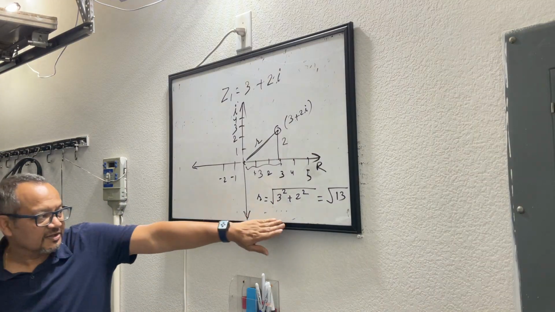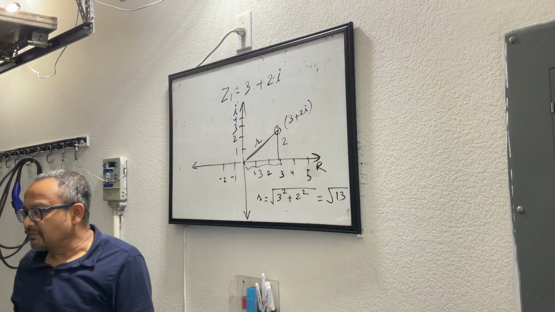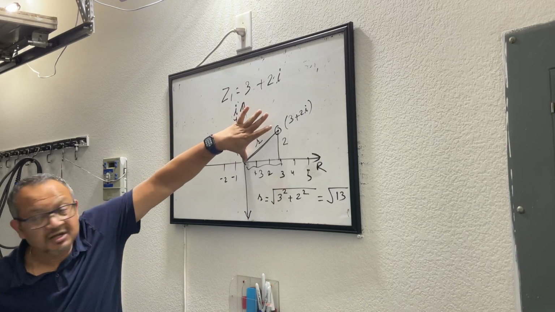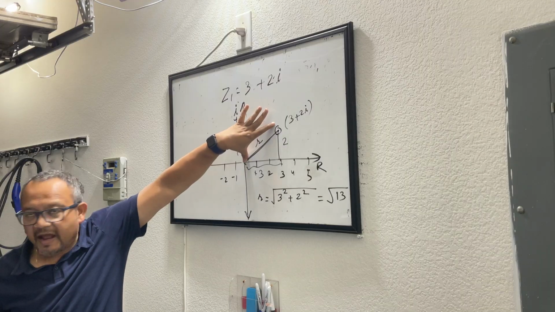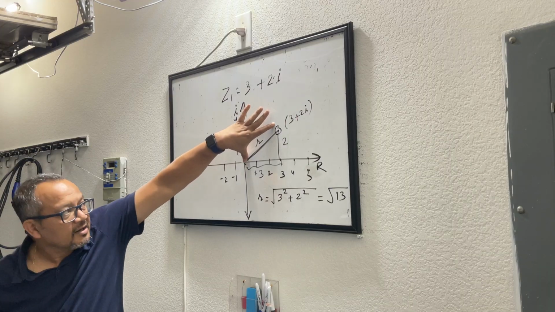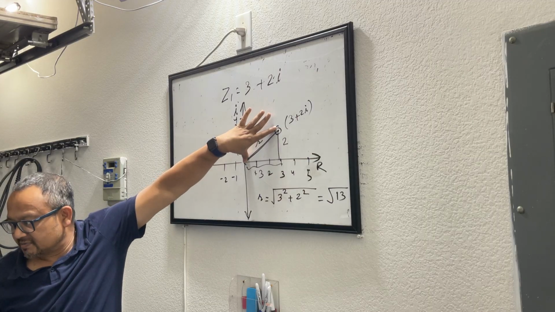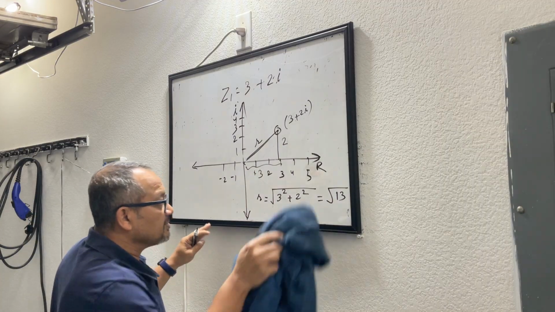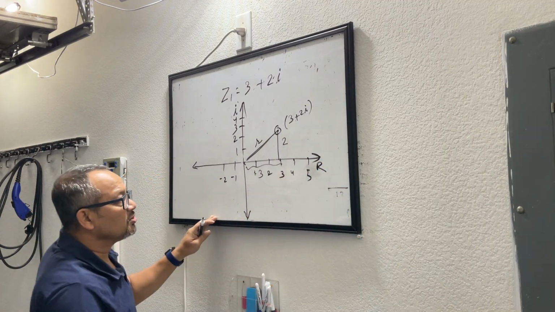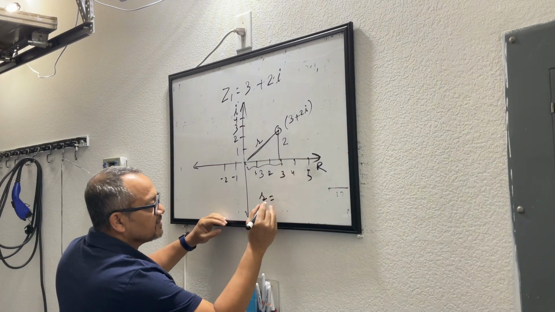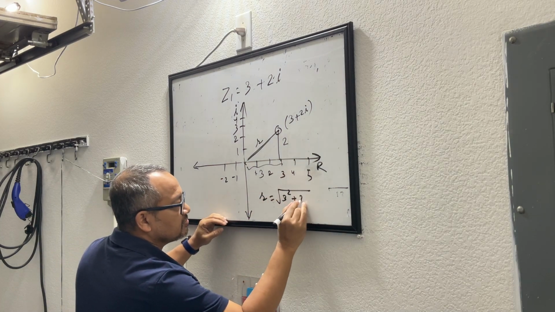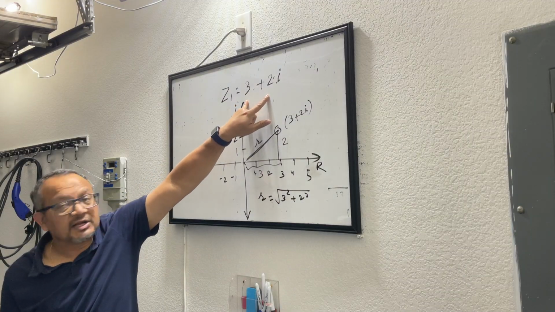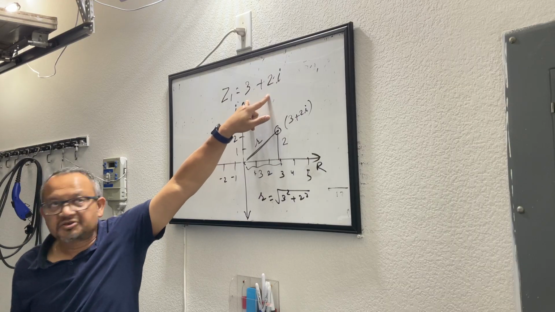Anyways, the summary is, if I'm talking about the magnitude of a complex number, I'm essentially talking about the exact distance, the absolute distance between the origin of the complex plane and the point in the complex plane. That is how you will use the Pythagorean theorem to find it out. Since you have seen it visually, this absolute distance or magnitude was nothing but 3 square plus 2 square, under a square root. And if you relate it with this, if you have a complex number, the magnitude of this will be nothing but